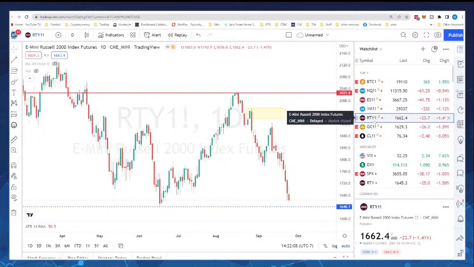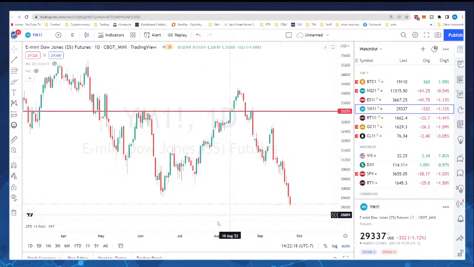So as I mentioned, the Russell is coming into this demand zone, or at least the lows. I don't know if I necessarily would call this a demand, but the lows from June 15th, essentially. Look at the Dow. The Dow broke. We kind of held on to it with the close on Friday. Dow broke down below that. It's only down 1.12%, but it's below that level now, which means it's going to have to seek out a